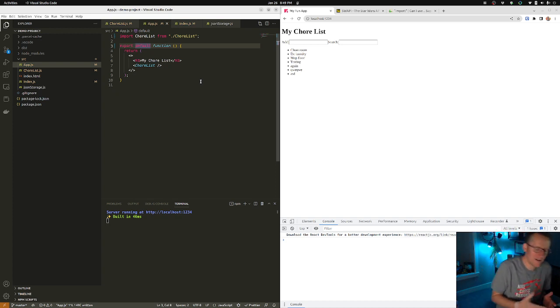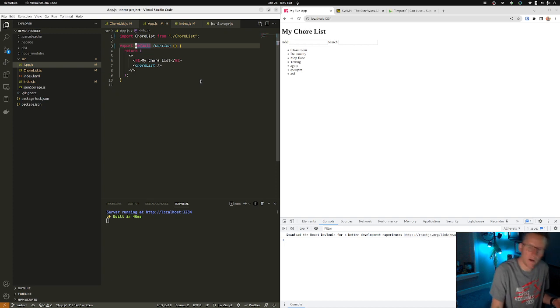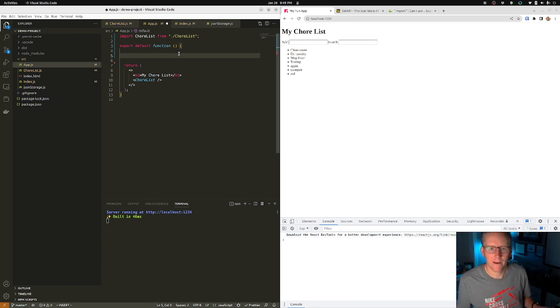So there's this idea of resolving and rejecting promises, right? Either you're going to get that candy bar or you're not going to, okay? And that's kind of all promises are. So the syntax for a promise, and we're just going to hack in this chore list thing because why not? And we're just going to do a little